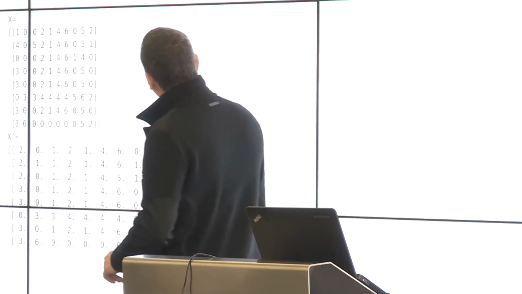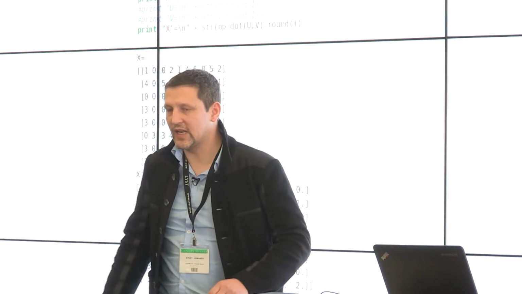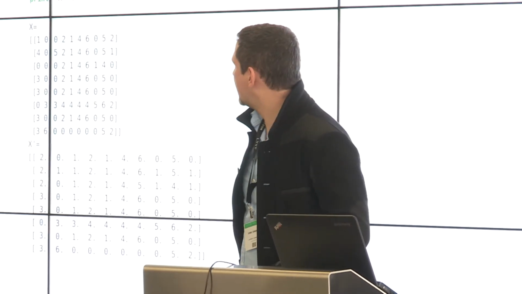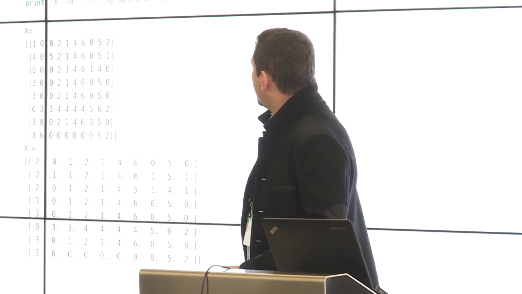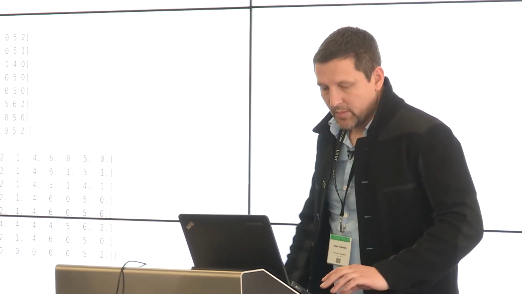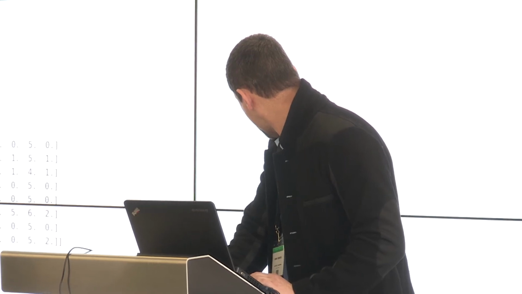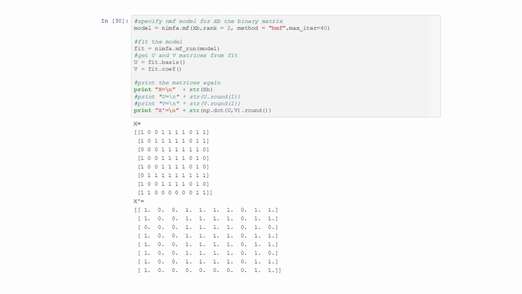Okay, so the code is really simple. The only thing is we have a slightly strange nomenclature for the two latent matrices. So that's fine. We make a prediction that way. So that's matrix factorisation. There is a binary matrix factorisation as well, BMF, and we iterate less on that. And again, we're making some prediction.